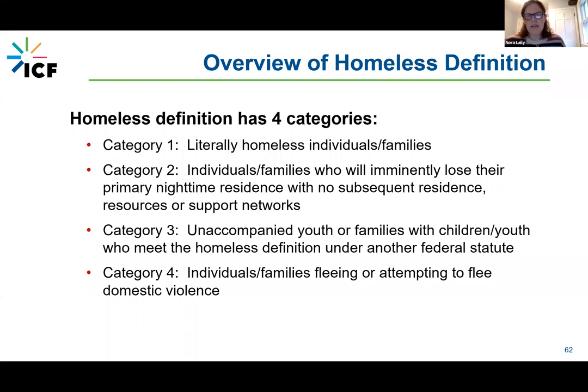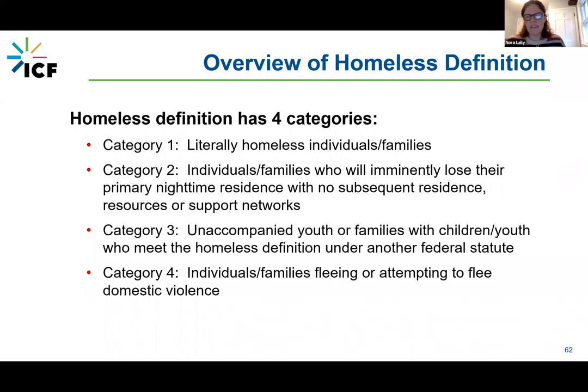Living in transitional housing, I think, is sometimes an area that gets overlooked, where people still meet a situation of literal homelessness if they are staying in a program that is considered transitional housing. And also people who are in a hotel or motel that they are not paying for themselves, but is being paid for by a third party.